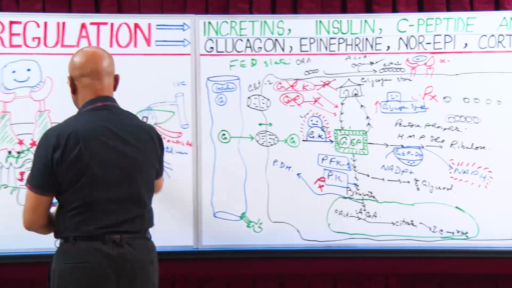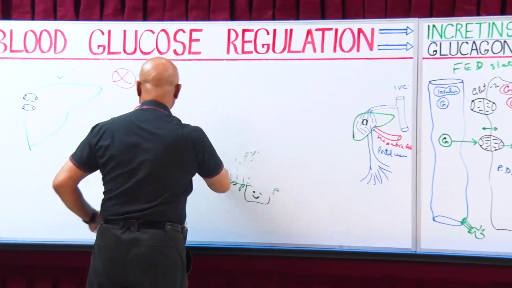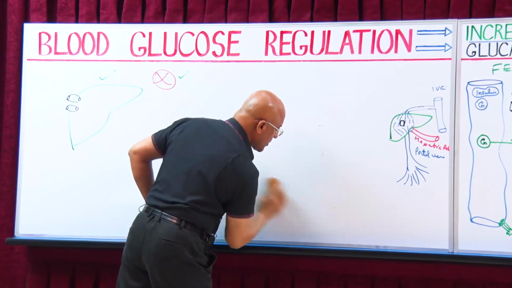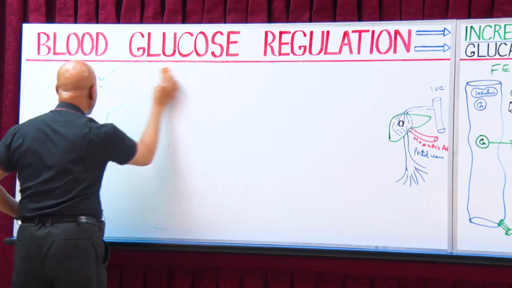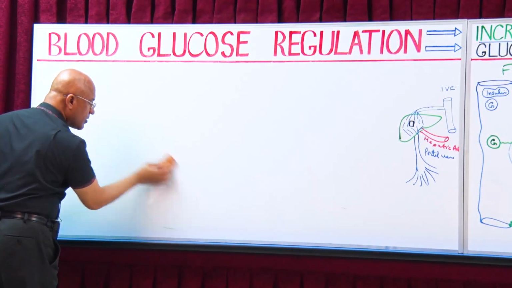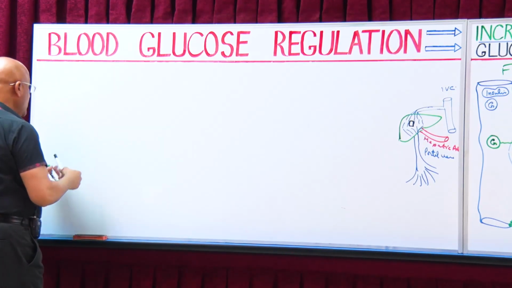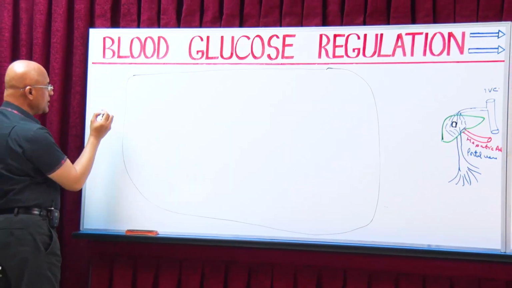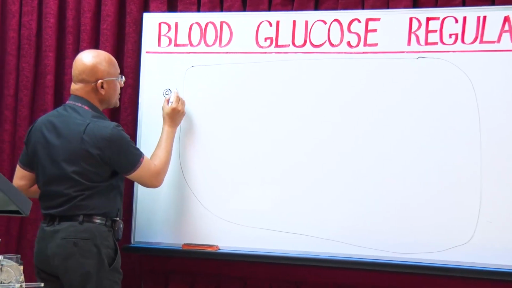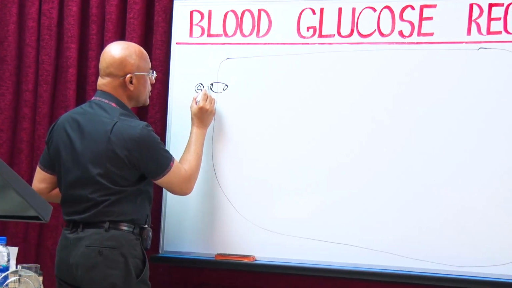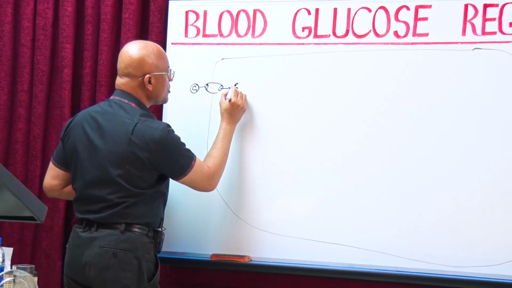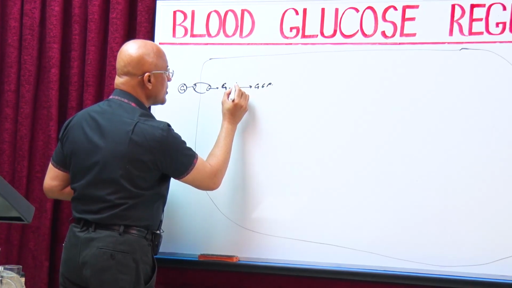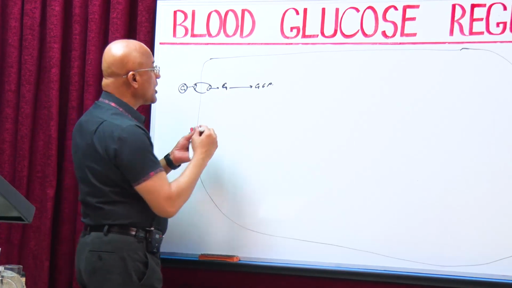Should I make it here? Okay, let me make the cycle here so that you really see what's going on. I will rapidly draw what we have learned there, right? Now you will tell me, this is a glucose molecule. It entered through which GLUT? GLUT2, very good. Through GLUT2 it entered, and this glucose molecule becomes glucose 6-phosphate by the action of? Yes, by the action of glucokinase, okay?